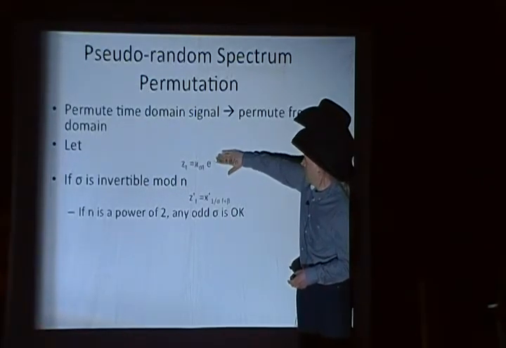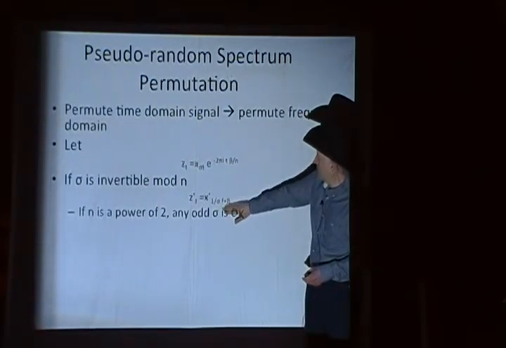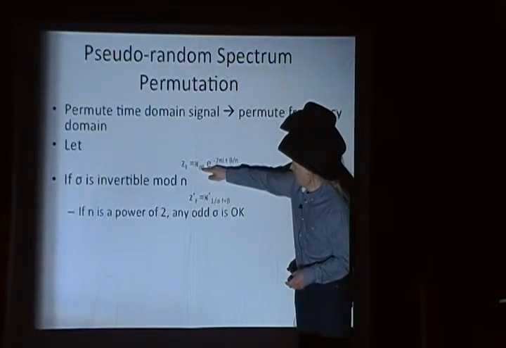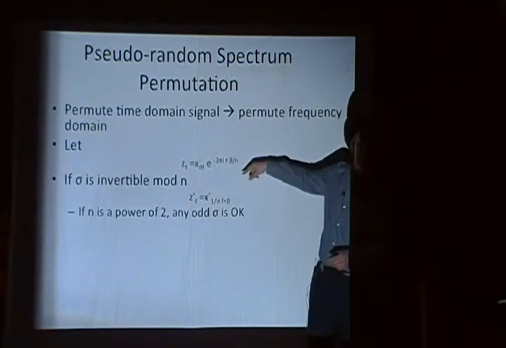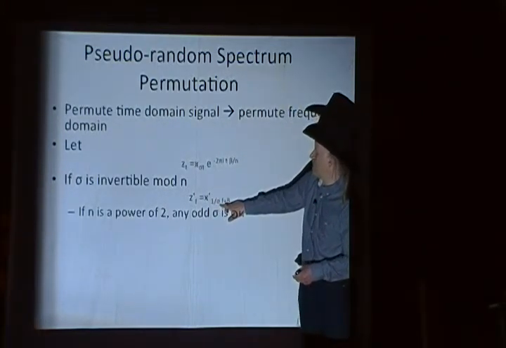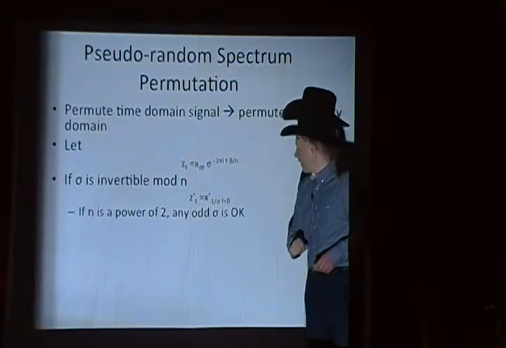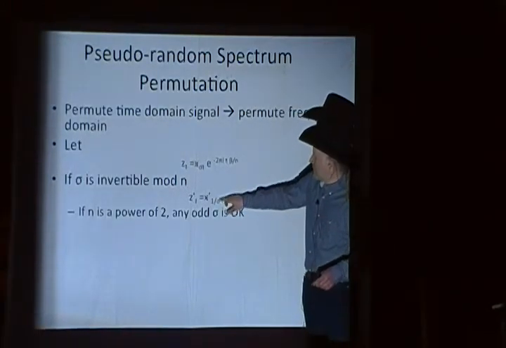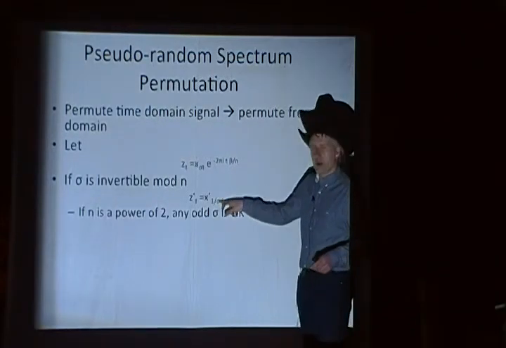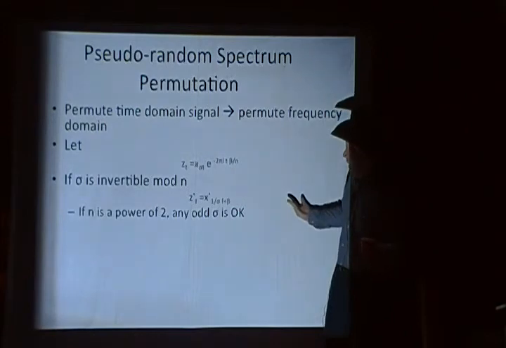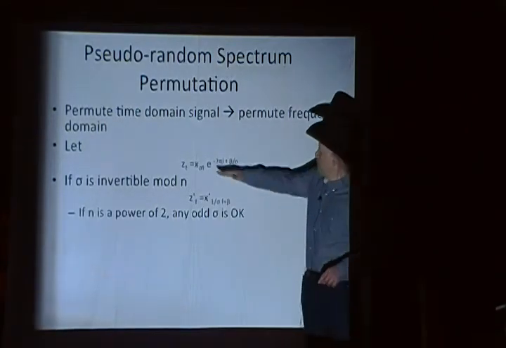Because a phase shift in the time domain corresponds to a frequency shift in the frequency domain. And this sigma here comes from subsampling. You subsample by sigma in the time domain, so you subsample by its inverse in the frequency domain. And this is well defined if sigma has an inverse. If n is a power of 2, then any odd number has an inverse. All right, so if we subsample